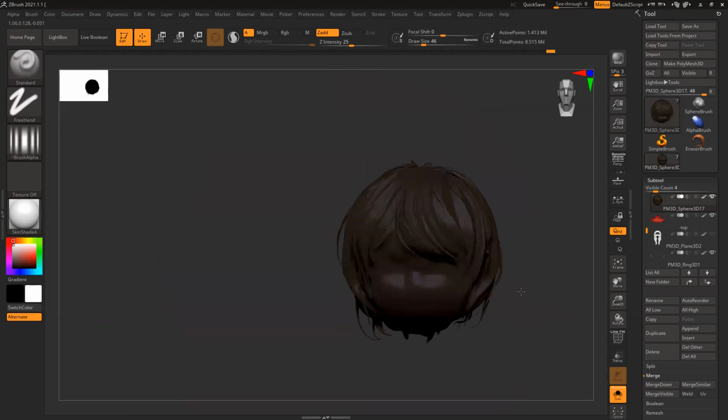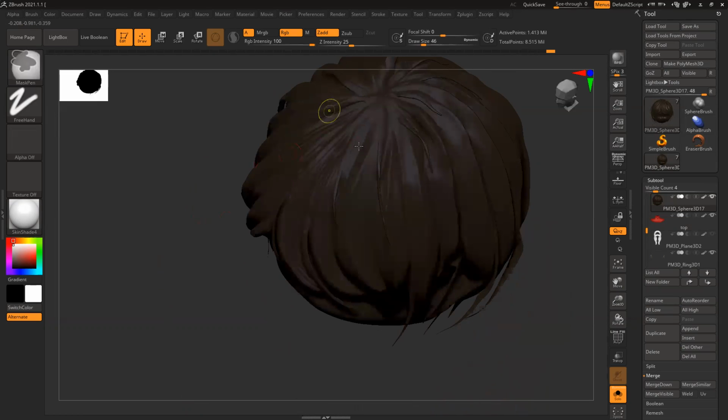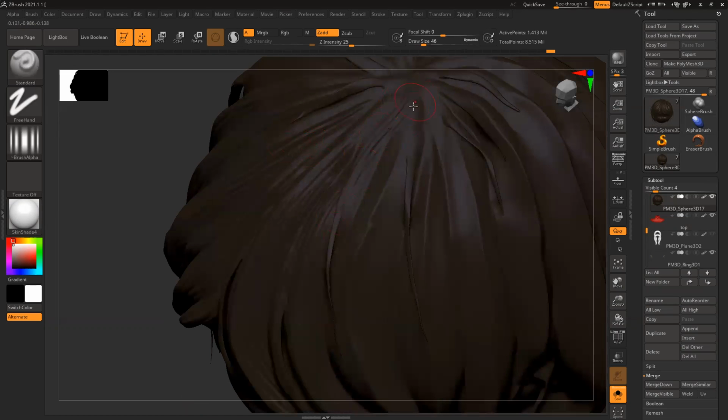Like this, I can make all the hair follicles, everything. And from a distance also it will look like hair only. Right, it looks like a solid patch.